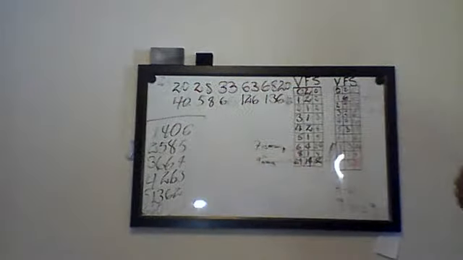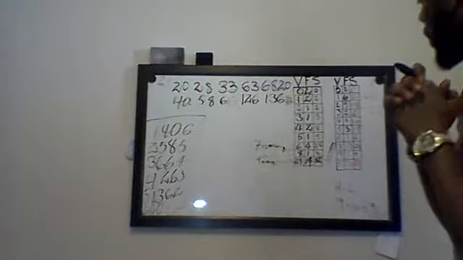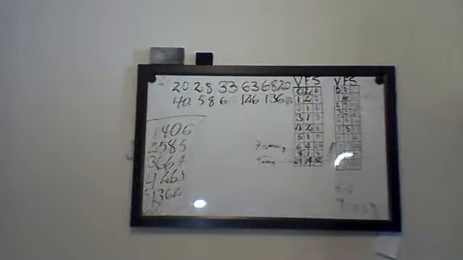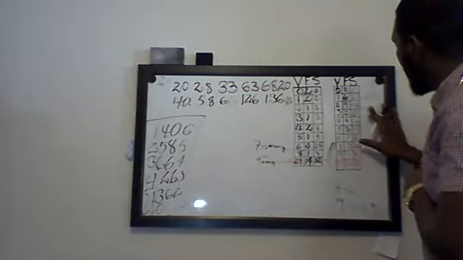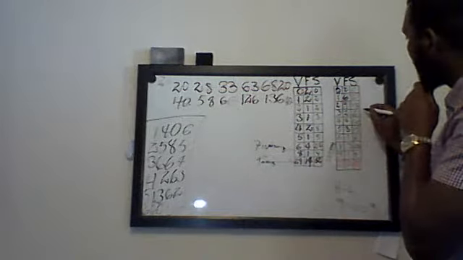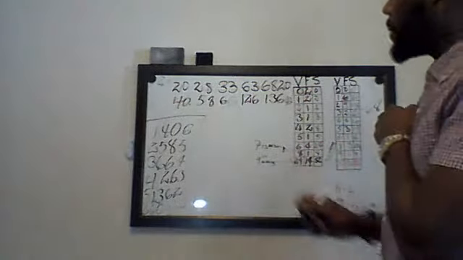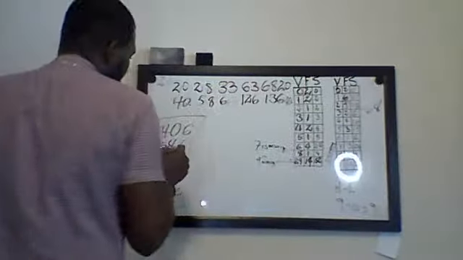Okay, for example, over here, when I check, I got 60. I got 68. When I look really good, I see 68 over here, right? 68. And then when I go over here to check, you see